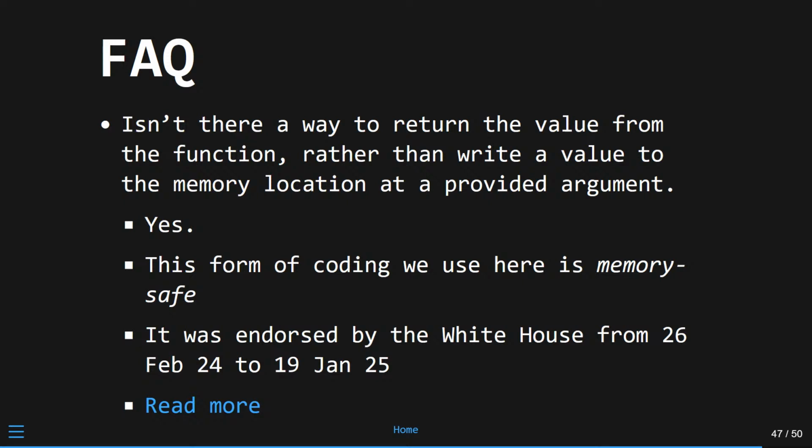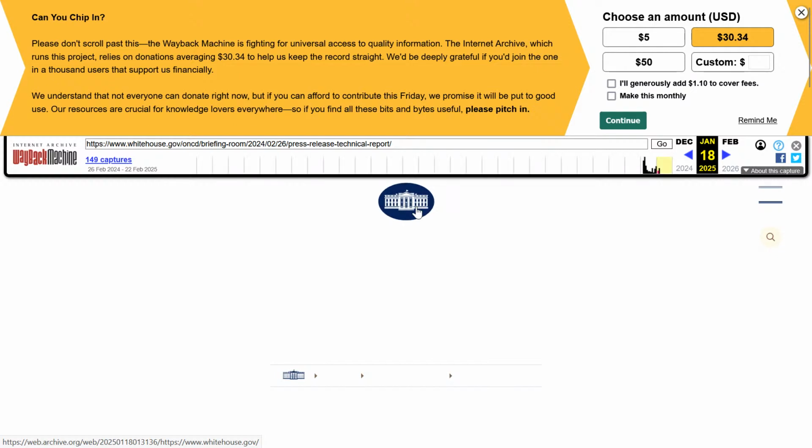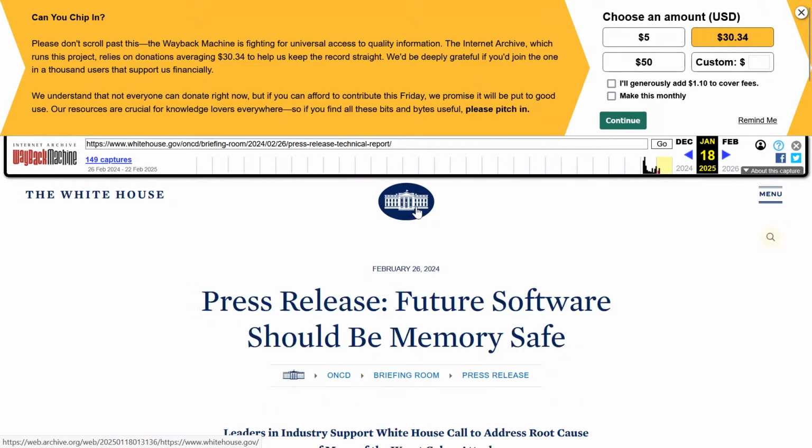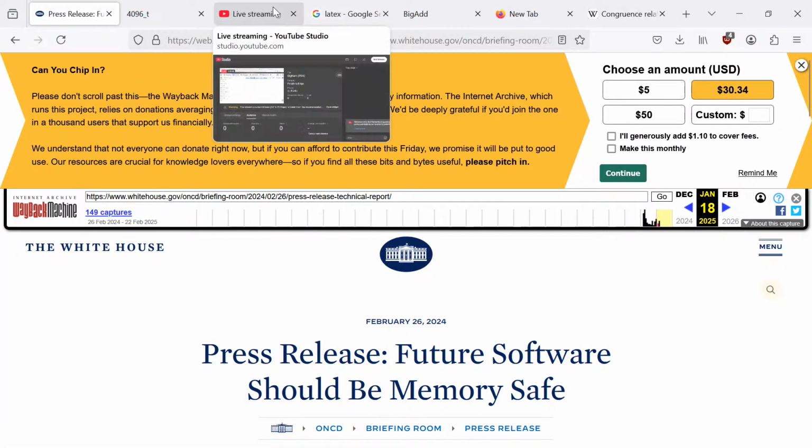Oh yeah, here's the thing about memory safe code. You have to find a Wayback Machine archive of a White House press release, which is the funniest way to ever argue for what your implementation decision is. It's like, no, you have to go to the web archive, right? Well, because they nuked the entire White House website on Inauguration Day, which